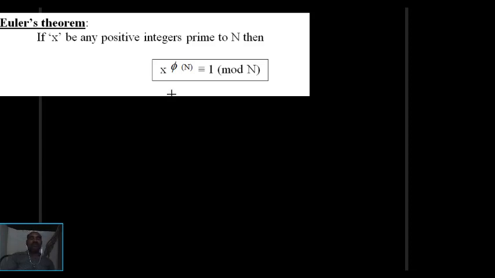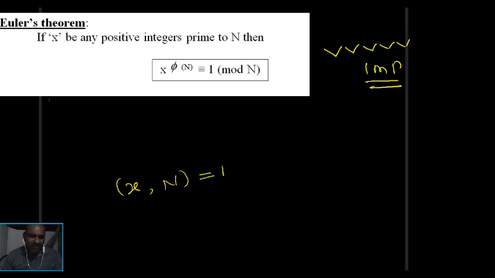Yeah, a very important theorem, Euler's theorem. What is Euler's theorem? I will read the statement: a useful theorem to solve problems in number theory using congruencies. Very important theorem. The statement: if x and n are co-primes, then x power phi of n is always congruent to 1 modulo n. This is the statement of Euler's theorem.